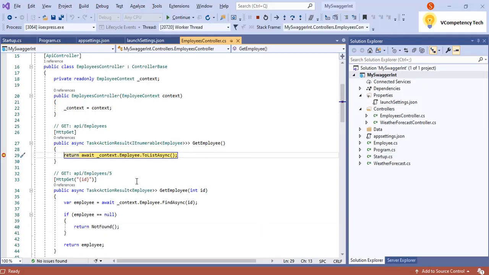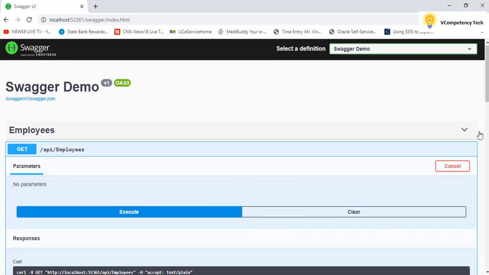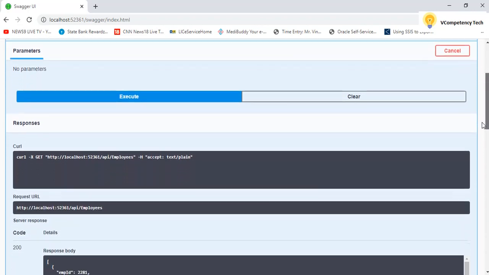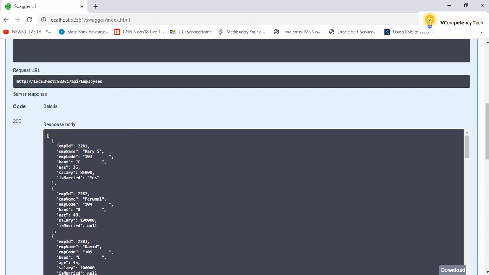See, I am able to debug this. Continue. So now we can see the output. See the output is coming with the response code 200.